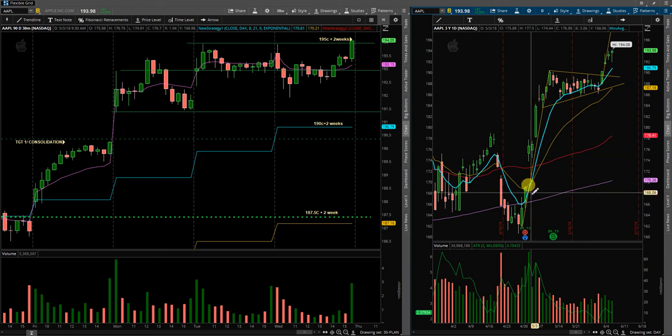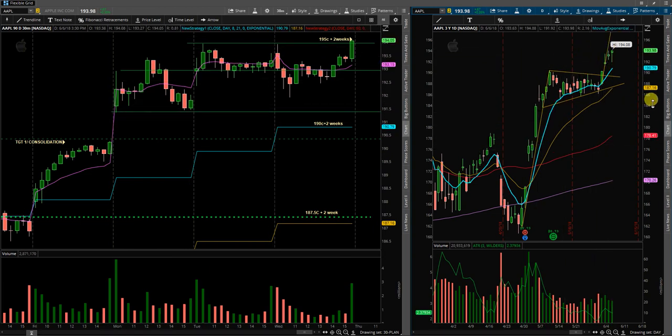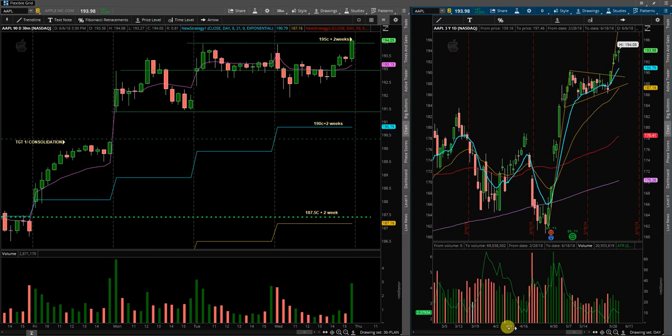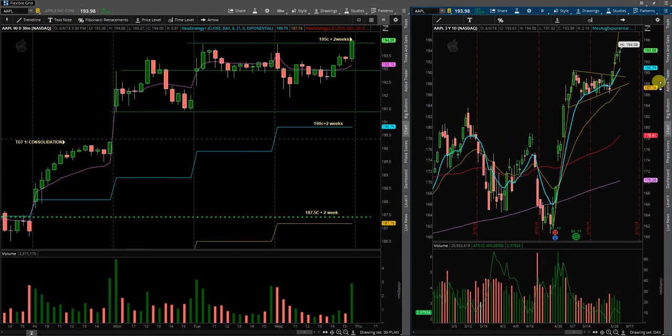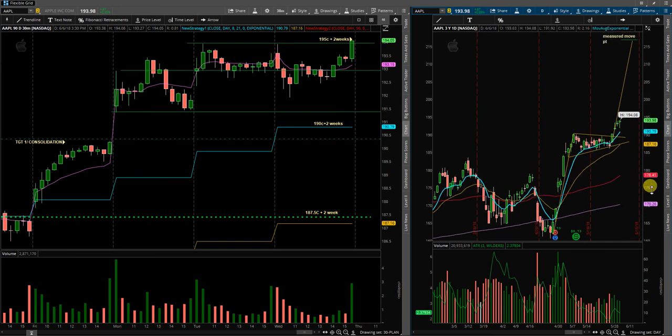this, you have to think why. Is it retail? Is it traders? Or is it big money? For a stock like Apple to really make a substantial move and sustain that move, it has to be big money. So if this does continue higher and starts to push up, logic is kind of going to go out the window. Us as traders are not really going to know why it's going up or what the price target is of big money. All we have to know is it takes big money to move a stock like Apple